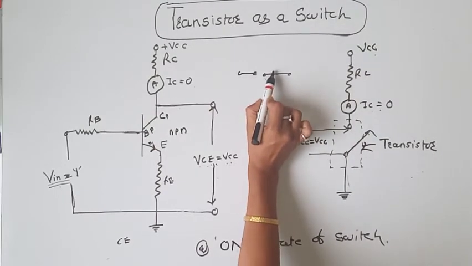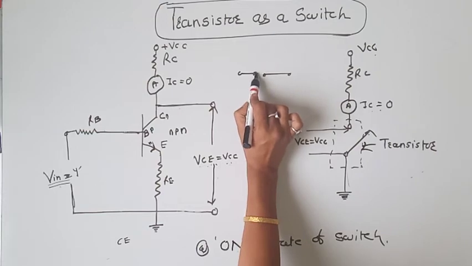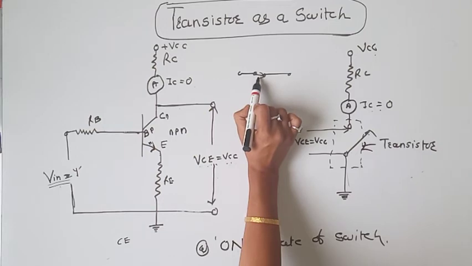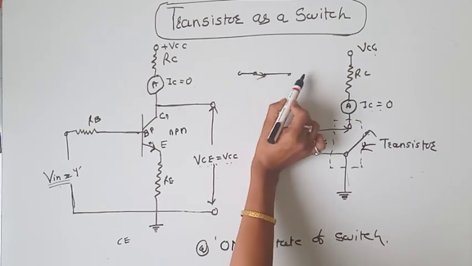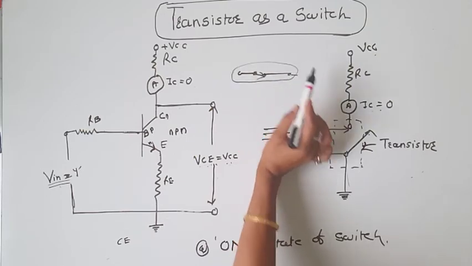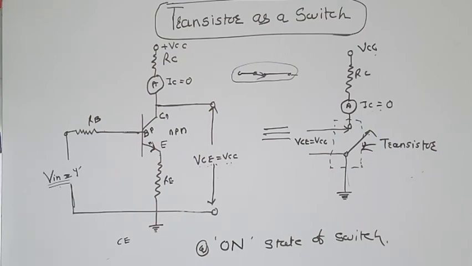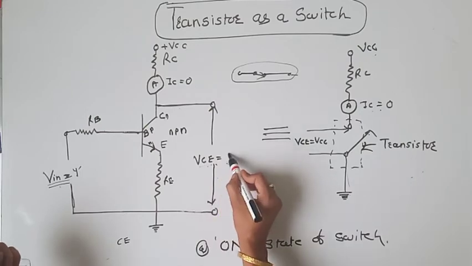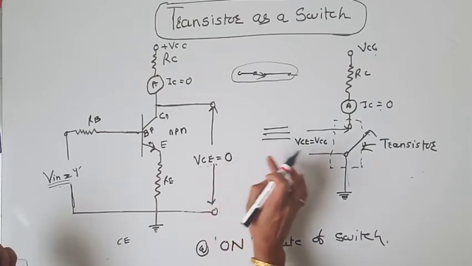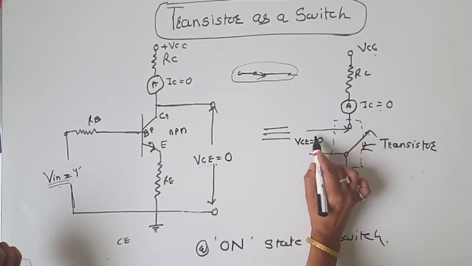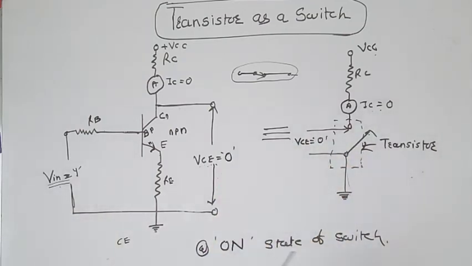The off state has been explained by me. Now I am going to explain this state. This is the on state of switch. That means the pole, the conductor, will close now, and the circuit action is the on state. It will be used to turn on the device. So what happened? You just observe here. Here VCE is equal to 0. When switch is on, output voltage remains 0. When switch is off, output voltage is VCC. How? Let us see.